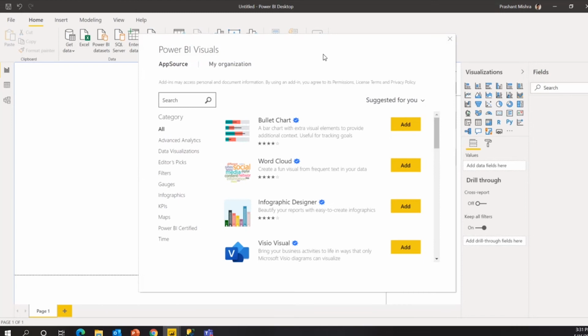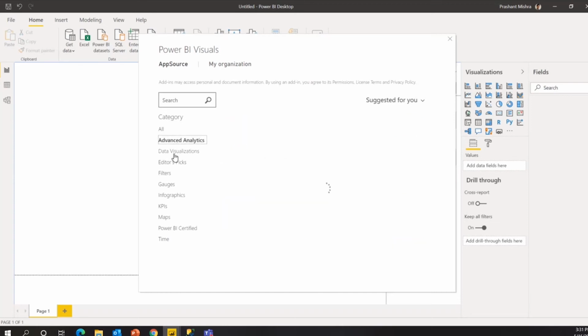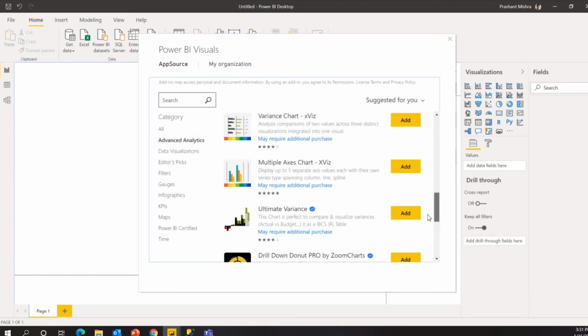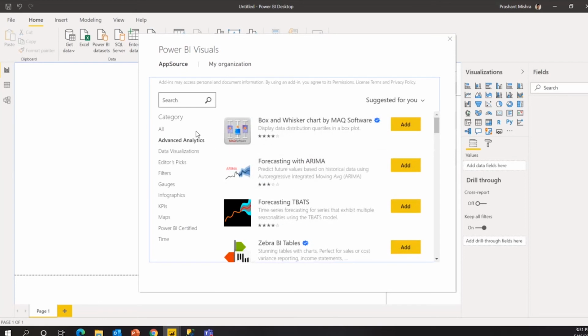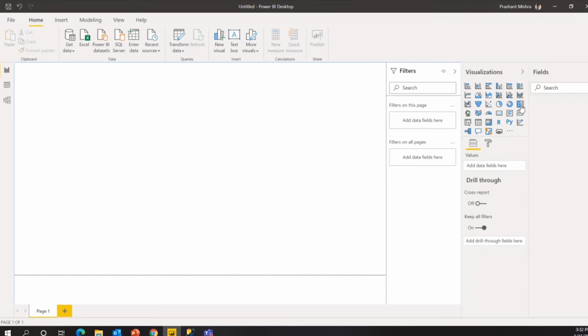So when you click on import more, it will bring you to this gallery. Actually, this is called the custom visual gallery. You can see there are many visuals here, and you can select any of these. But be careful when you choose, because a few are Microsoft approved and a few are not. For this example, this visual is certified by Power BI, but this one is not certified. Again, if you come here, this is certified by Power BI. If you see this blue tick, it means it is certified. Okay, so this is about your visualizations.